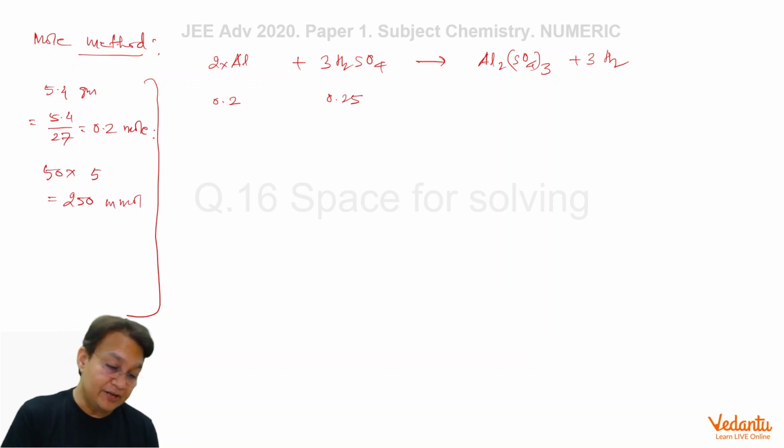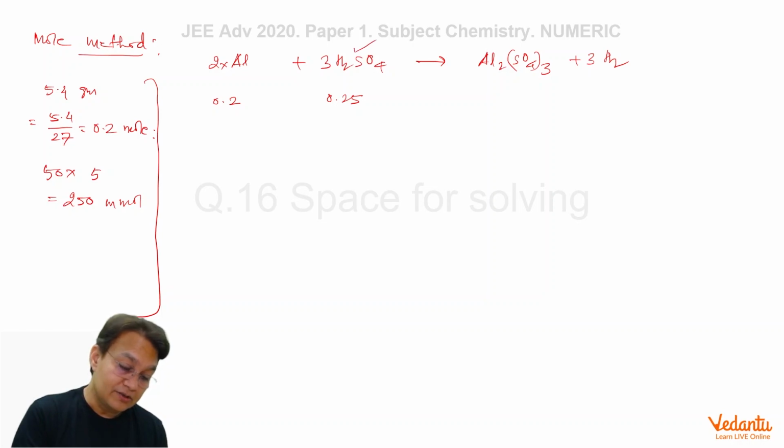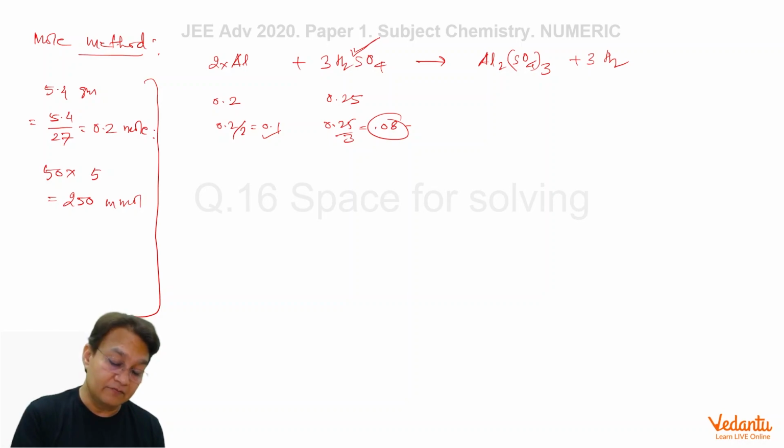If you divide 0.2 by 2, it is 0.1, and if you divide 0.25 by 3, that is 0.08 something. So this one is bigger, this one is smaller. So the limiting reagent is H2SO4, which quickly gives you that the moles of H2 formed in this reaction is